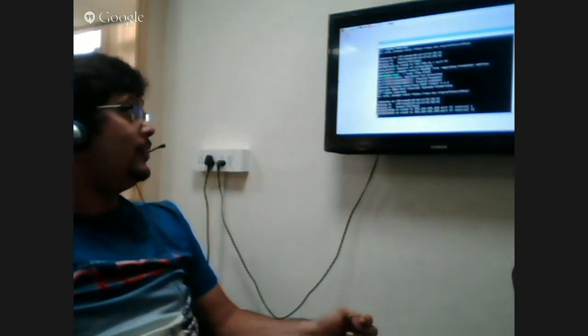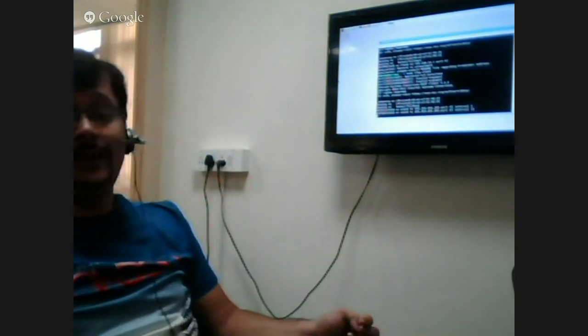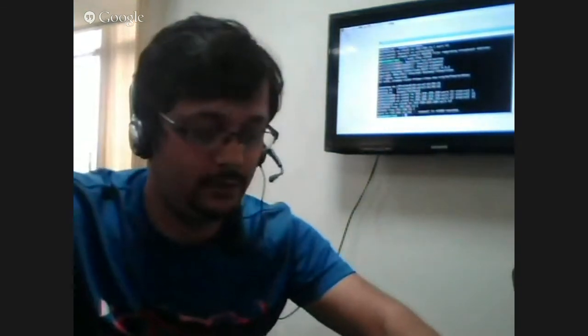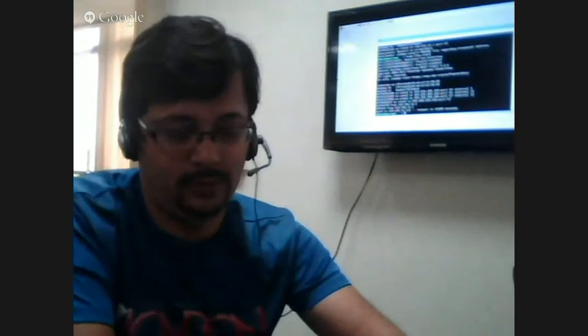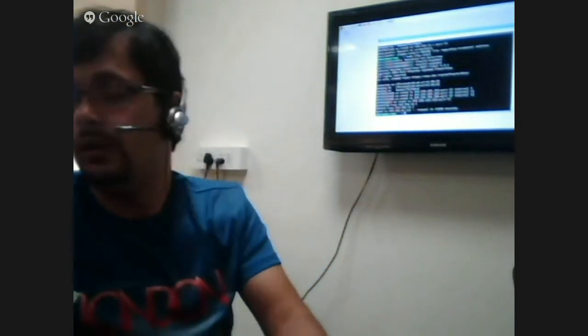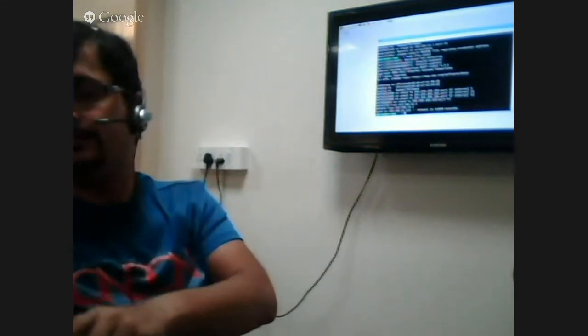I'm trying to connect to the wireless. Once it is connected, I will remove this serial from here. Just removing this one. Connect to the Raspberry Pi.